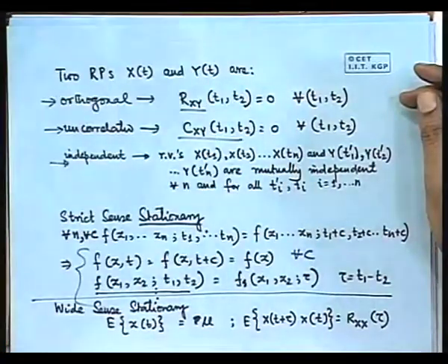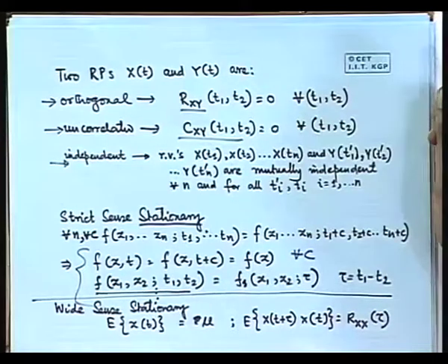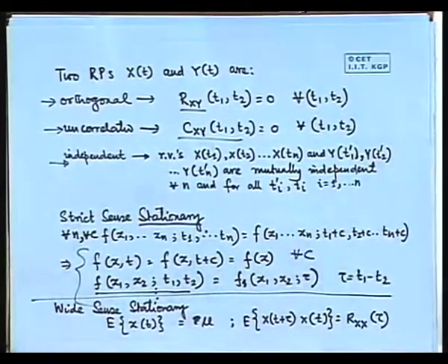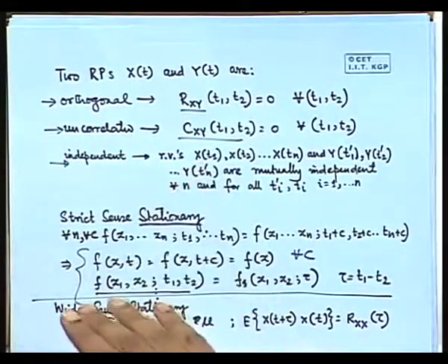Before that, remember that in the last class we defined a random process, defined two random processes, defined their cross correlations, and finally we talked about stationarity, because we said that